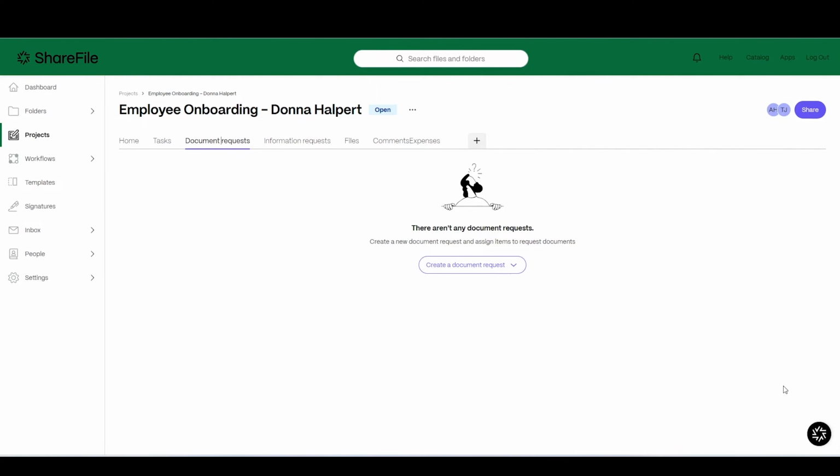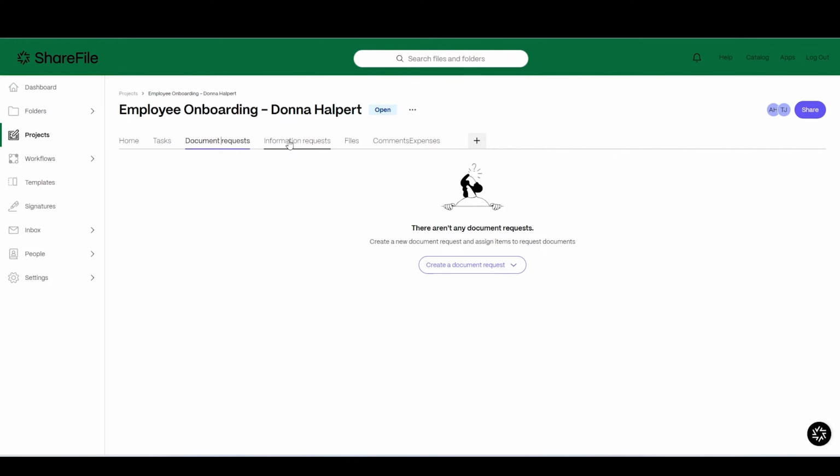Also, conversations or comments can be made between the requester and the assigned entity directly through this project. This removes the need for external conversations outside of the app where PHI or internal data can be leaked. When a document is requested, a notification will be sent to the user to upload the document, and they will be able to create their own account if they don't already have one and upload based on those permissions that they were given. I'm going to show you how to create a document request here in just a minute, but